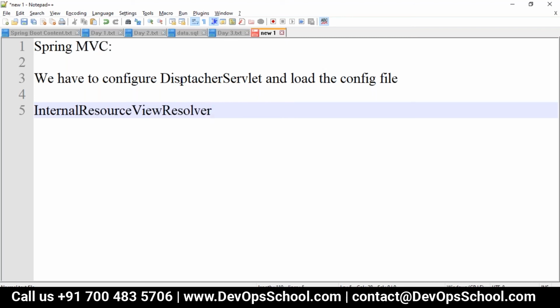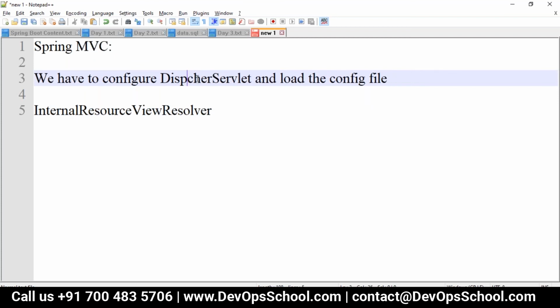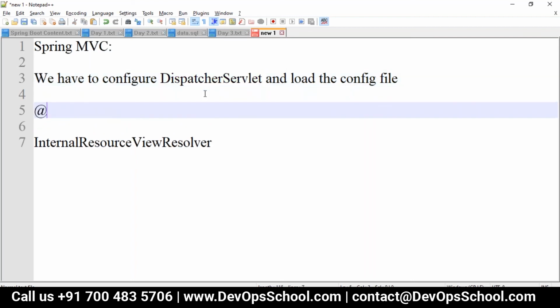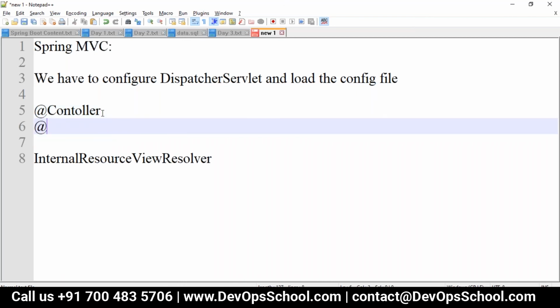The dispatcher servlet will take a request and dispatch it from the front controller to the proper controller, meaning the classes which have the controller annotation. The dispatcher servlet can send the request only to the controller, and in that it will look for the request mapping. Like in the code we have written, it is taking a request for greeting, so if you send a greeting request, greeting will be taken.